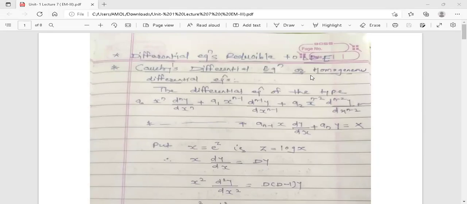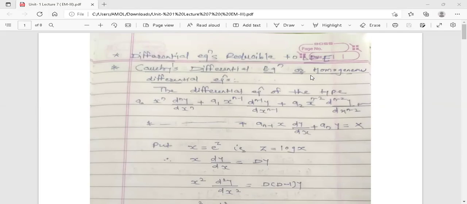Today's topic is differential equations reducible to LDE, linear differential equations with constant coefficients. This topic is from the first unit, linear differential equations with constant coefficients. There are two special differential equations which are not linear differential equations with constant coefficients, but we can reduce these two particular differential equations to LDE, that means linear differential equations with constant coefficients. That first